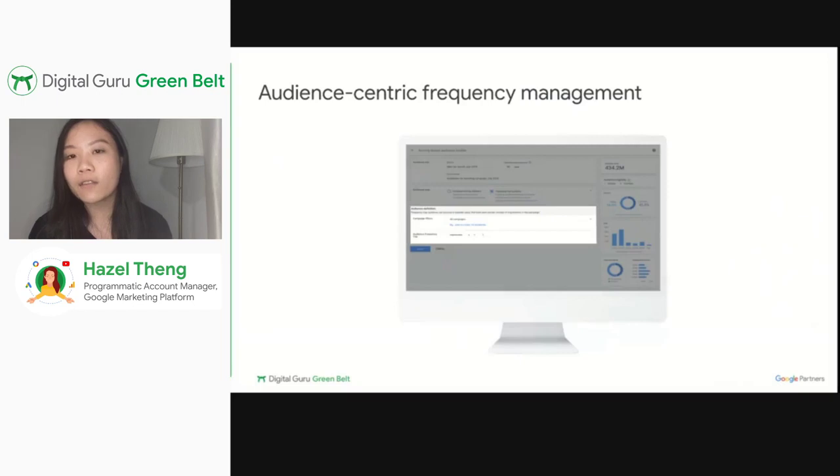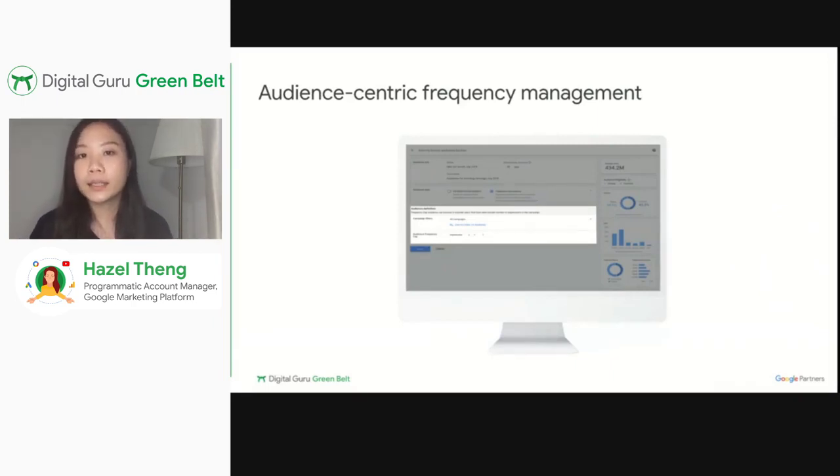So let's say you have multiple brands within a specific advertiser. What you can essentially do is create a frequency cap audience and exclude your frequency cap audience of brand A from brand B so that there is lesser overlap between the two brands. So that is possible. If you're running multiple campaigns all at the same time, you can essentially also use audience frequency cap and reduce the potential overlaps in audience across your multiple campaigns.